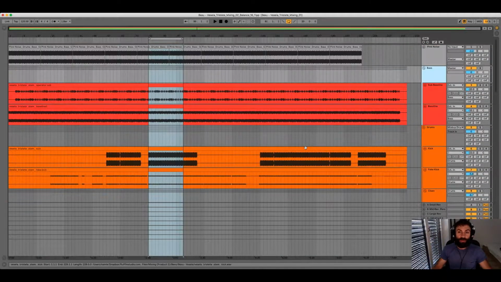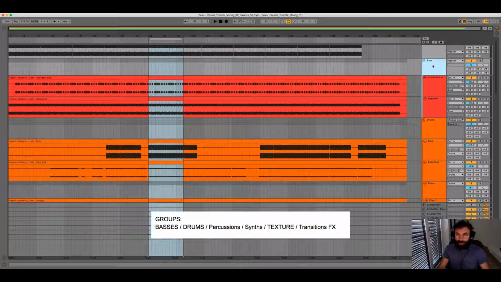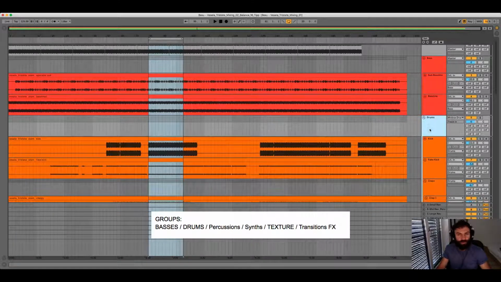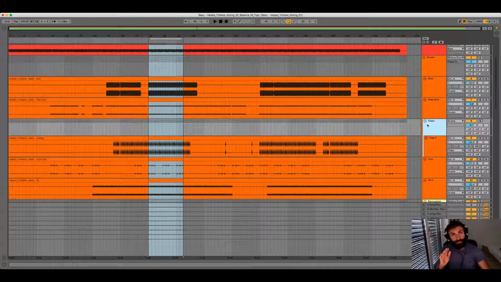Just move up, bam, here it is. Okay, so next thing is I group certain things together, right? So I group the basses, the drums, of course, kick, and I also group the claps. And this is one reason why I actually updated to Ableton 10, because it lets you create groups within groups,